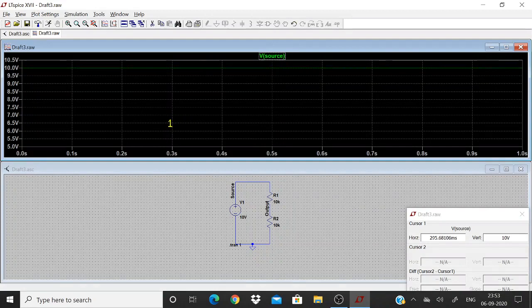At each point, here you can find the corresponding value at the y-axis. Here it is a DC quantity, so that doesn't look complicated. Imagine you are having a zigzag waveform here, and this particular feature helps you to find out the corresponding y value for a particular x value. What is the value at 0.2 second? What is the value at 0.3 second? What is the value at 0.4 second? What is the value at 0.5 second? So on and so forth.